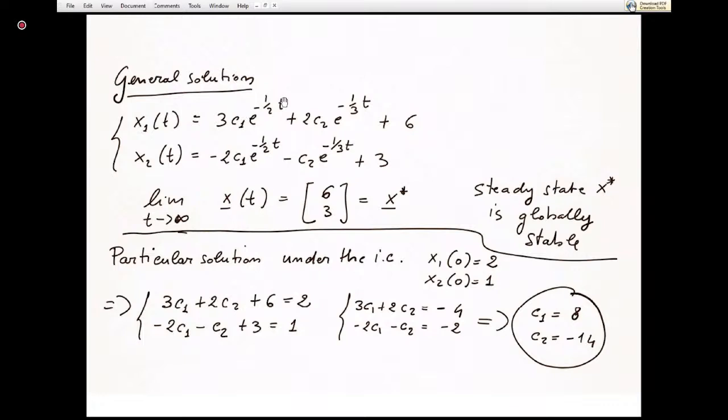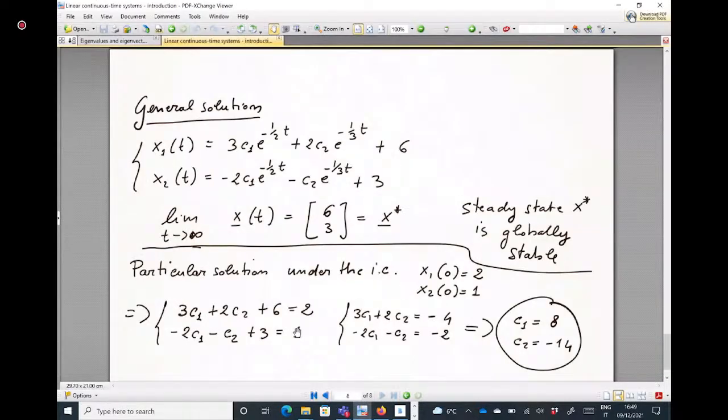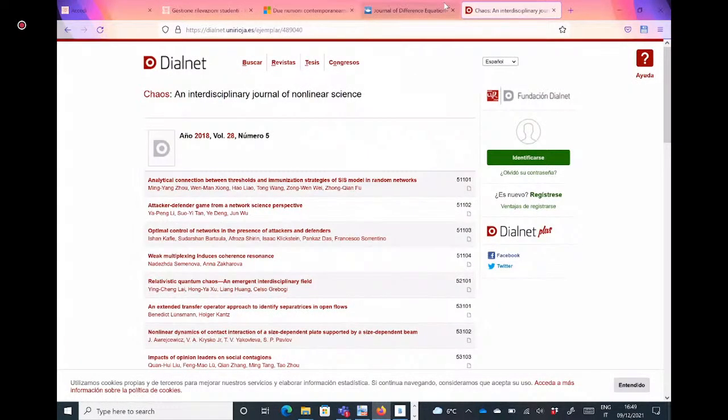As t tends to infinity, remember the previous model without these 6 and 3 components here had 0, 0 as the limit, okay? Now, if t tends to infinity, this becomes 0, this becomes 0, this becomes 0, this becomes 0, and in the long run, the two variables converge to the steady state, okay? 6, 3. So just to show you what happens, I would like to show you just once this,